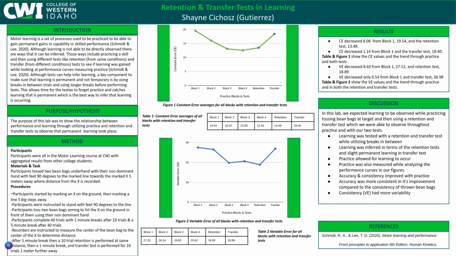Practice was also measured while analyzing the performance curves in our figures. In figures 1 and 2, you can see the performance curves for both the CE and VE, and we were able to measure that the constant error was measuring accuracy while the VE was measuring more of the consistency. You can see with our performance curves that accuracy and consistency did improve with both practice and the retention test and transfer test, but accuracy was a little bit more consistent, and consistency had a lot more variability in its performance curve. So accuracy was a better indicator